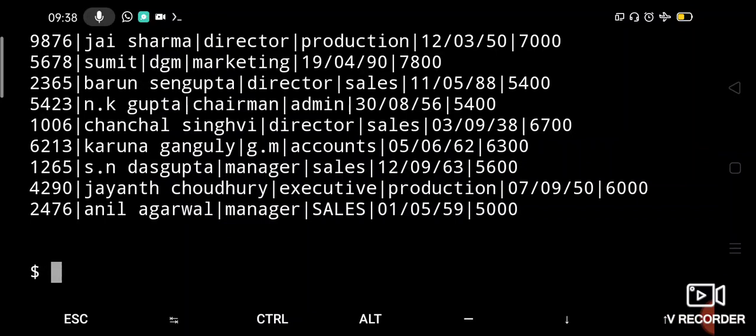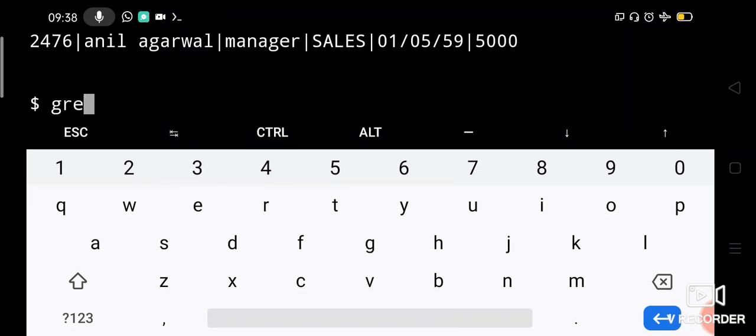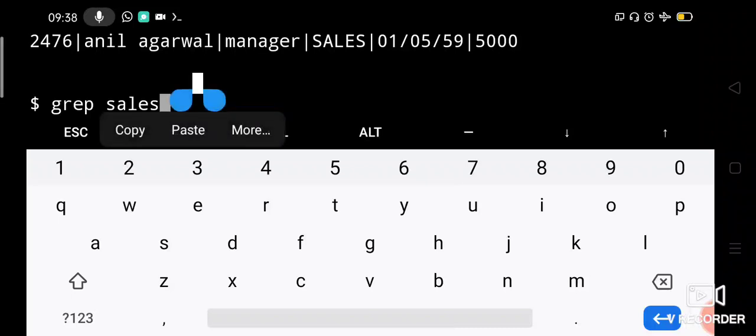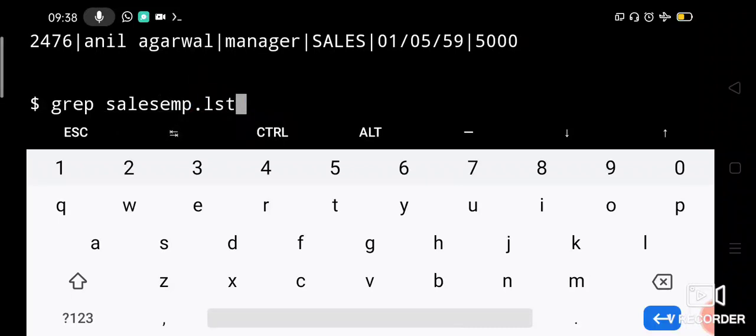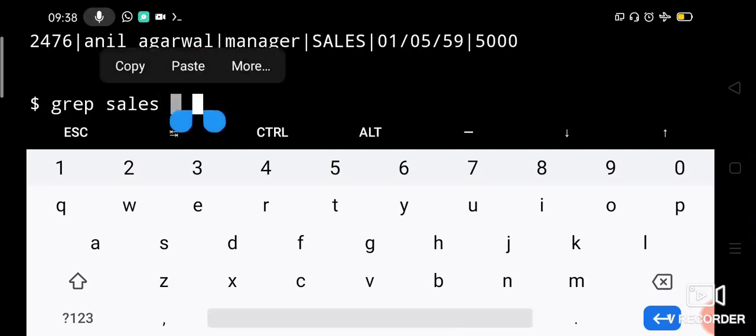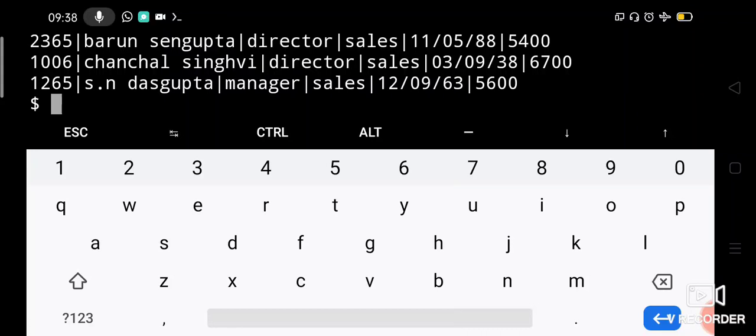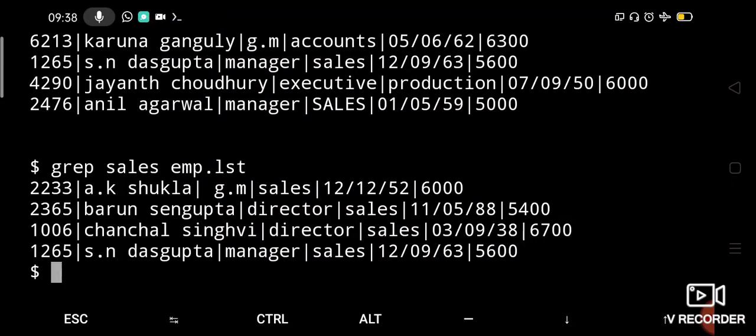You can see the last line contains sales in capitals, but in the other lines sales is in small letters. Let us say grep sales emp.list, with a space in between. It will display all the lines which contain the pattern sales, but not the last line, because it has the capital word, right?